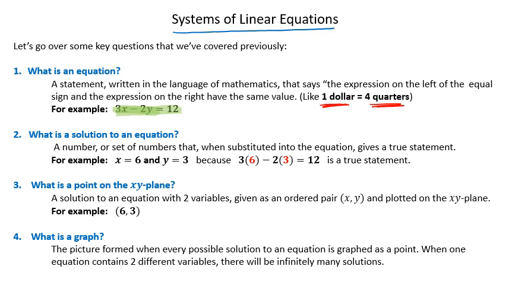true statement. All right, so what I'm looking at here is if x is equal to 6, that goes in for x, and y is equal to 3, and that goes in for y. We get 3 times 6 minus 2 times 3 equals 12. Is that a true statement? Yes or no? Well, 18 minus 6 is equal to 12. Yes, check. That's a true statement. So the x equals 6, y equals 3 is a solution. Not the only solution, but it's a solution. Because when you take those two numbers and you plug them in for the x and the y, you get